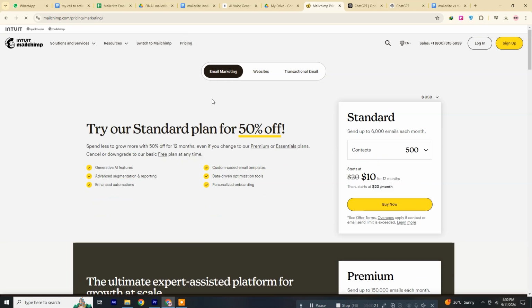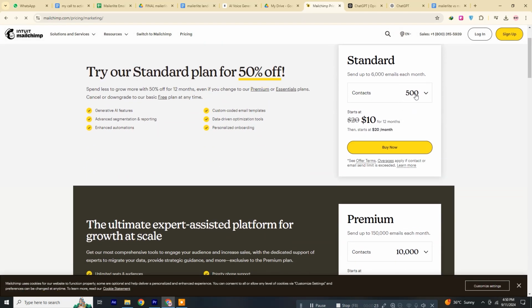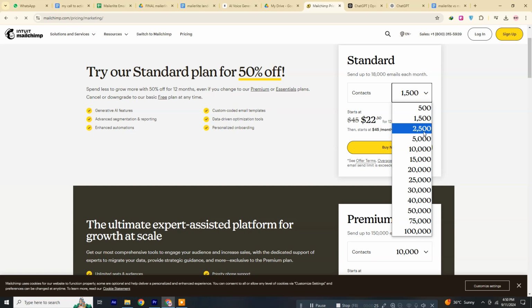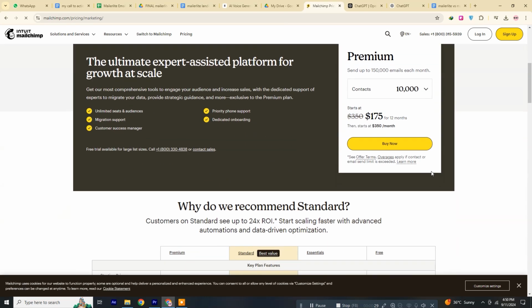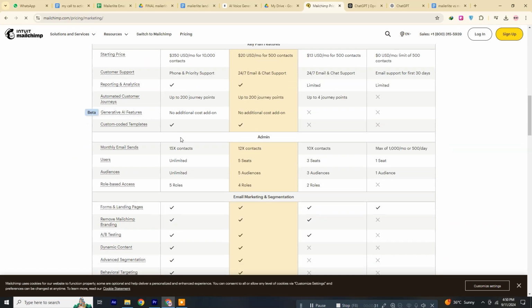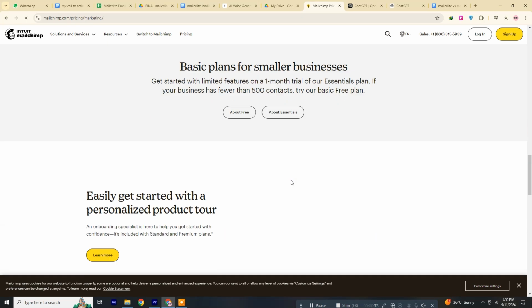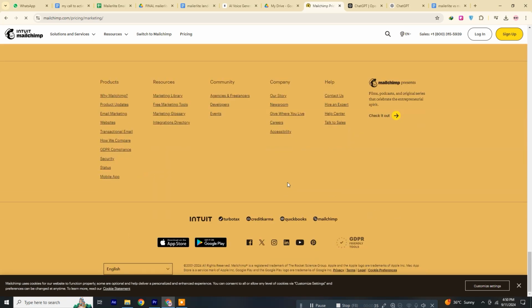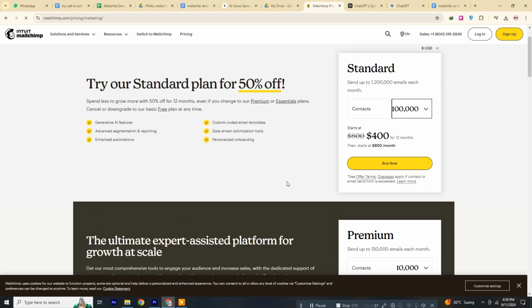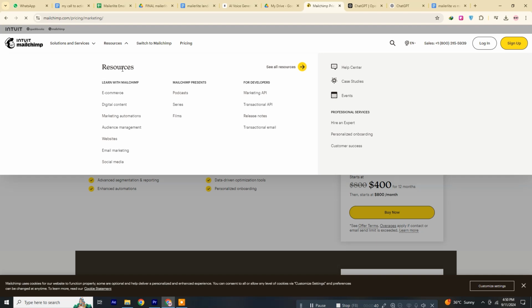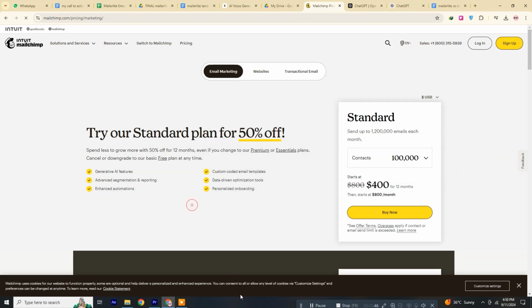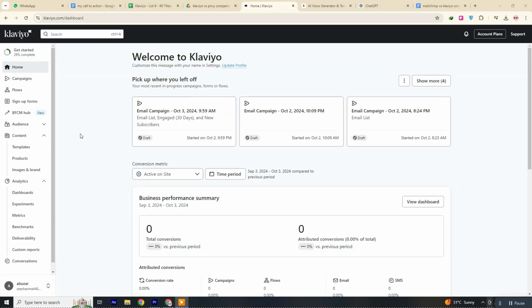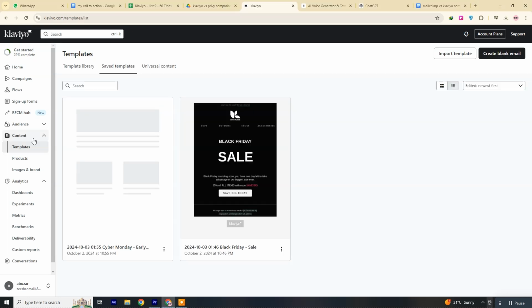Mailchimp's pricing structure is also one of its standout advantages, featuring an accessible free plan and affordable paid options, allowing small businesses and startups to scale their email marketing without breaking the bank. For those who need an all-in-one marketing platform to send newsletters, manage subscribers, and track basic campaign performance, Mailchimp is an excellent, cost-effective choice. On the other hand, Klaviyo is specifically designed with e-commerce businesses in mind, offering powerful tools